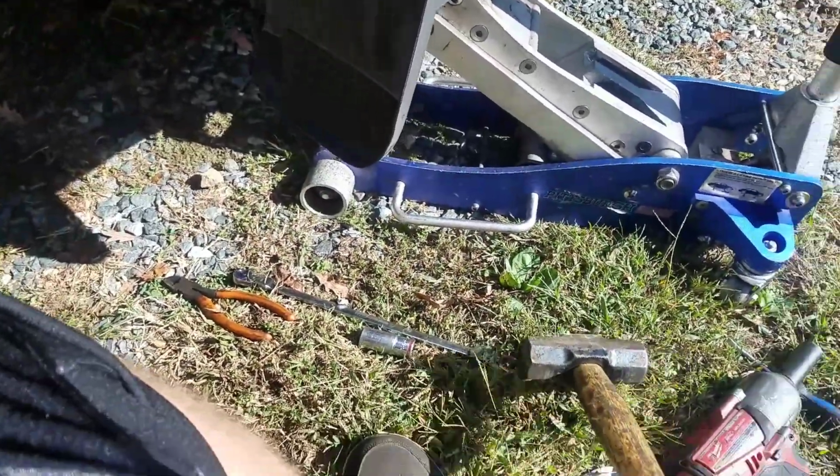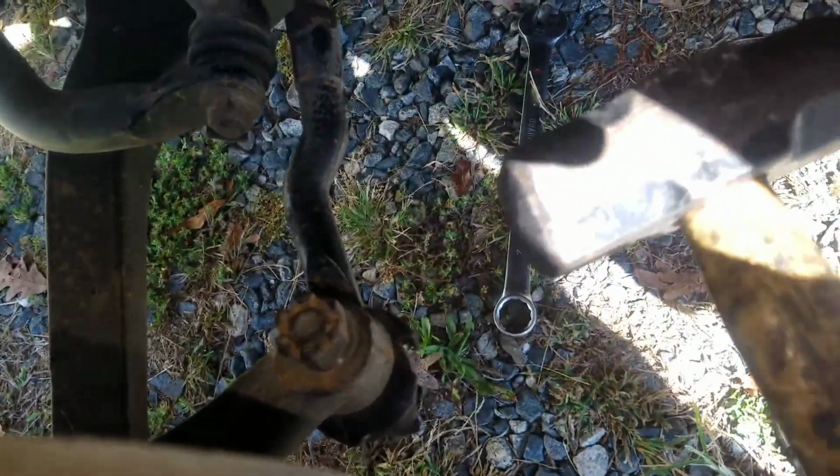So what I do is I take the 4-pound hammer and bam, bam, right up against here, and you hit it really hard with the 4-pound hammer. Make sure you hit on the knuckle, especially if you're going to be reusing your tie rod. But of course, if you're changing it, it's not going to hurt that bad to hit there. But if the stud popped out and stuck in there, that would be bad. So that's a good reason to hit it on the knuckle. So once that's popped loose, then